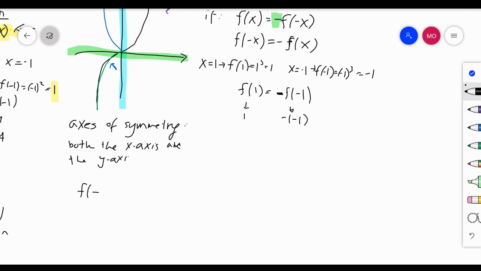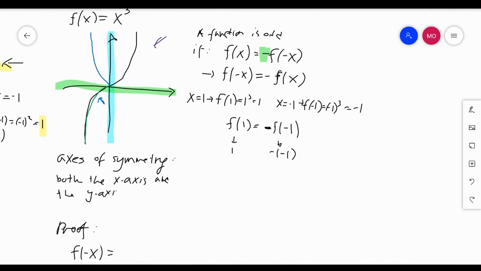So we have, I'm going to write the proof. I'm going to start off with f of minus x, and I'm going to use a second property. I'm going to prove that this is equal to minus f of x. So if I take this minus x and substitute inside my equation, it means that this x here should become